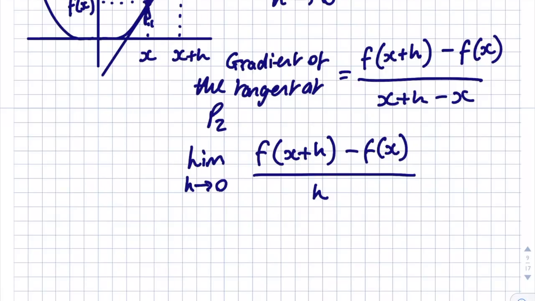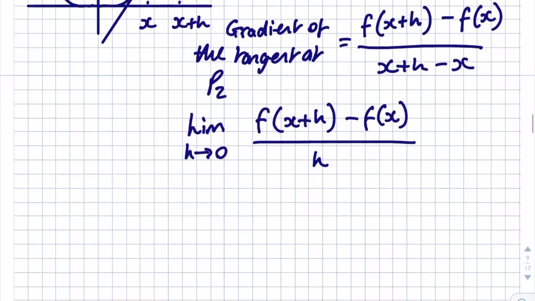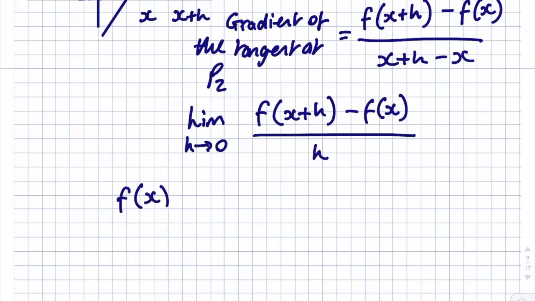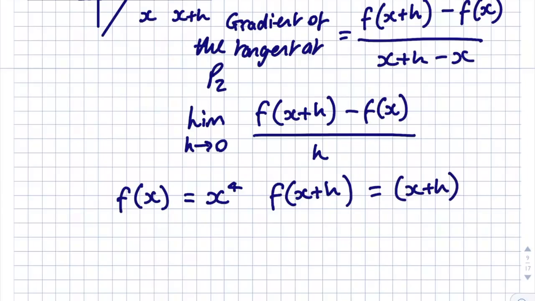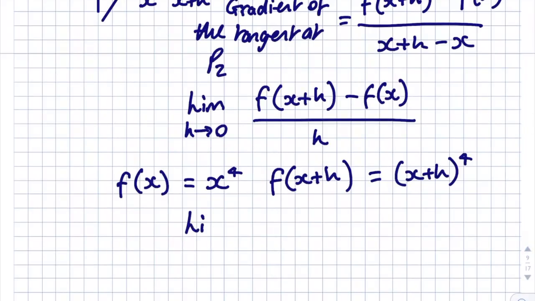So next we need to define some of these values in our limit. We know that f of x is equal to x to the power of 4. And what's f of x plus h going to be equal to? Well, we can work that out easily. That's going to be x plus h all raised to the power of 4. So if we rewrite our limit, we're going to get the limit as h tends to 0 of x plus h to the power of 4 minus x to the 4